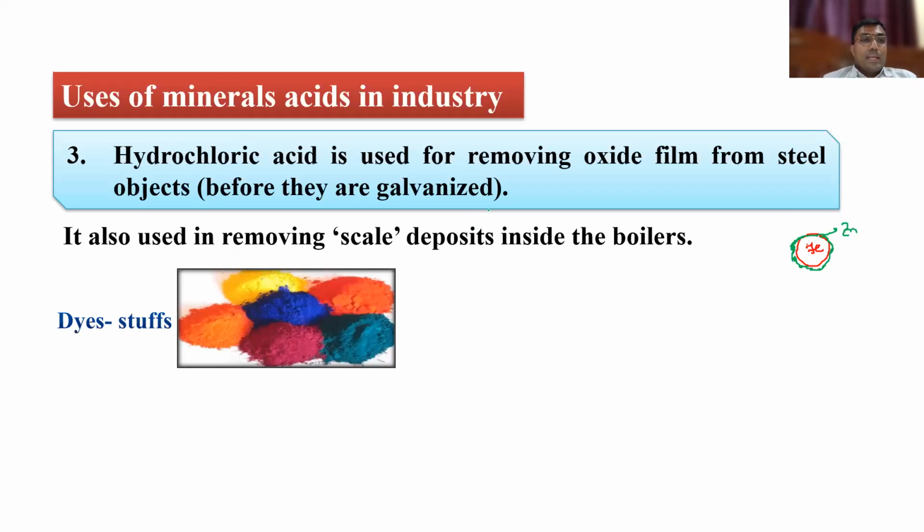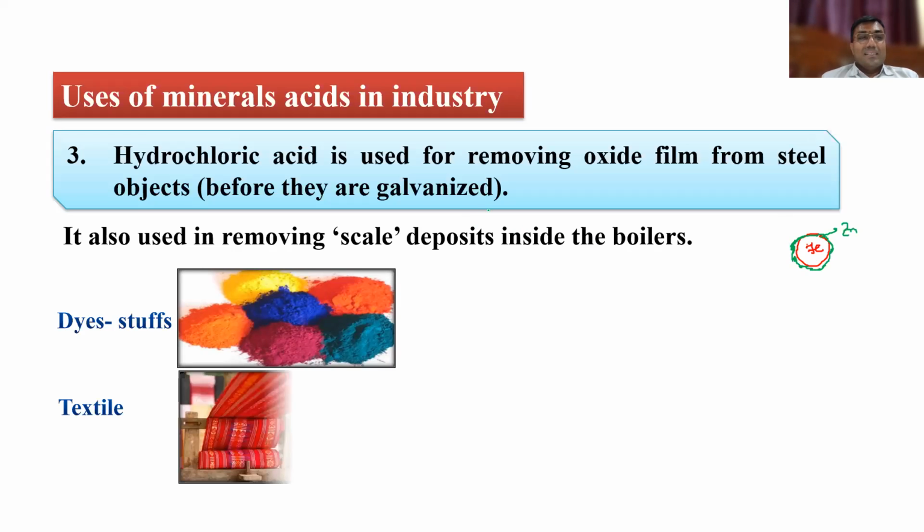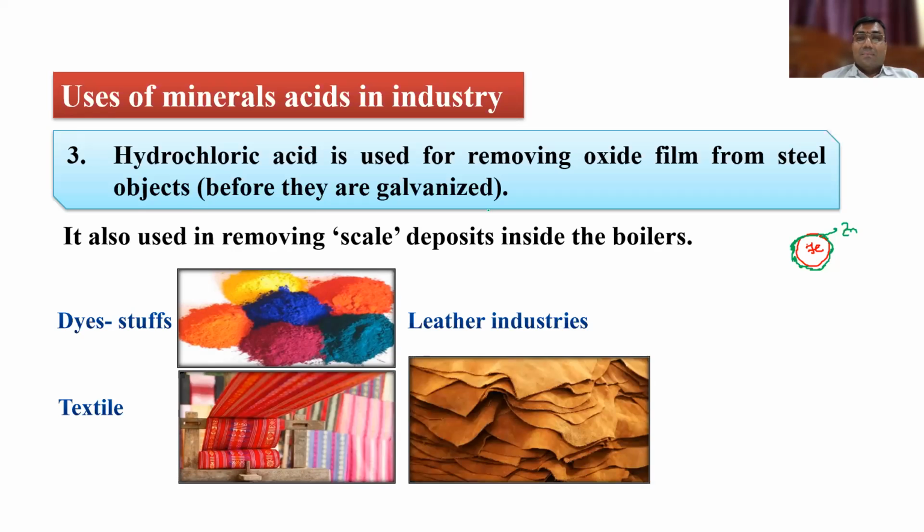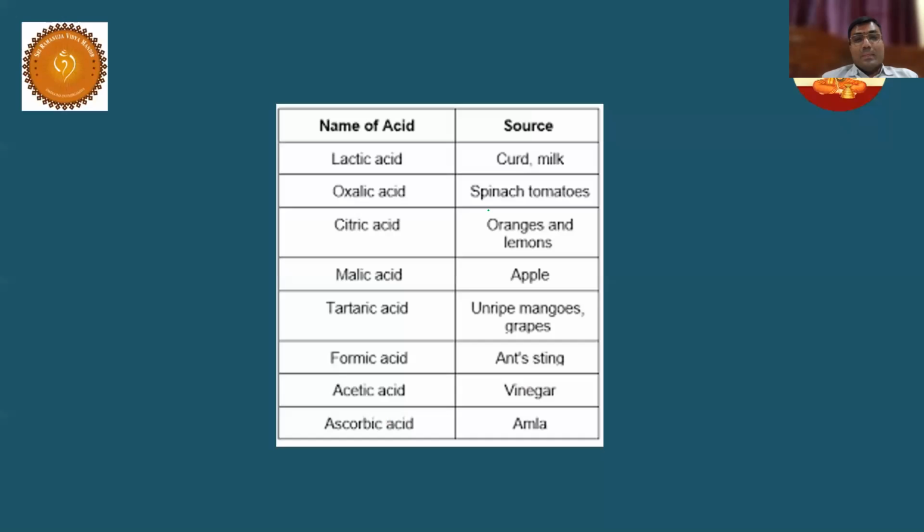Next, dyes. Dyes are very important. All colors, for example your fabric, so many dyes are used. You use only one color or different colored fabrics for your clothes, right? Very interesting, right? Textiles, that's what I'm saying. Dyes are very much used everywhere; the world is fully colorful. So everywhere colors are required, dyes are required, right? So this is all about the acids.